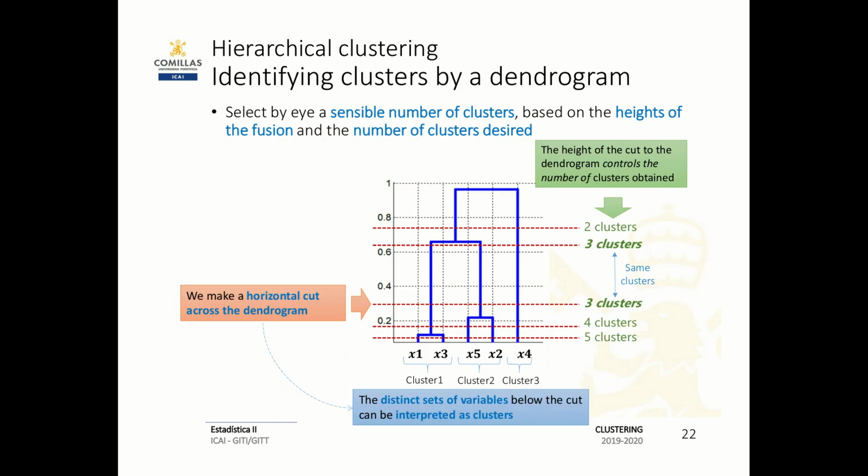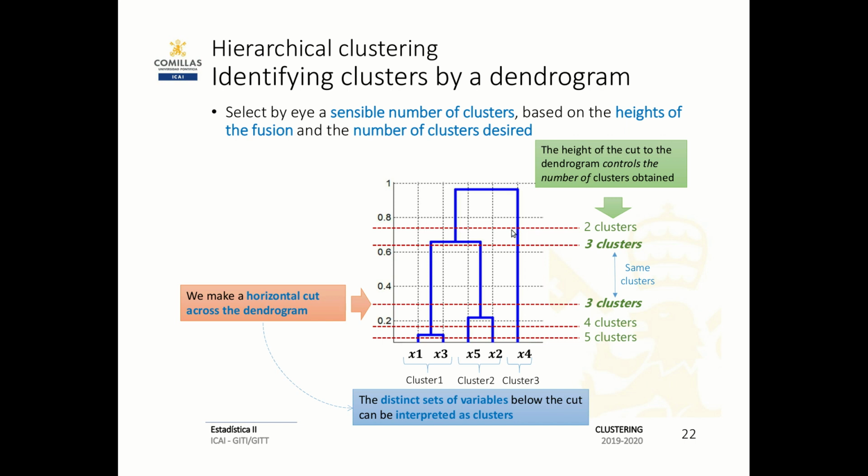And the number of groups has to be manually selected. There are some techniques like the cophenetic index that help you to choose the number of clusters, but otherwise in many classifications you can choose manually the number of clusters. And the way to do that is to select a threshold. So for instance, let's say that we choose a threshold of 1, and then below a threshold of 1 we have all the variables, and then let's say that we take 0.75 like in this one, and then we are